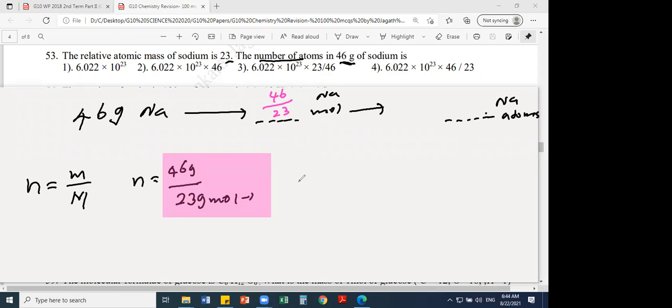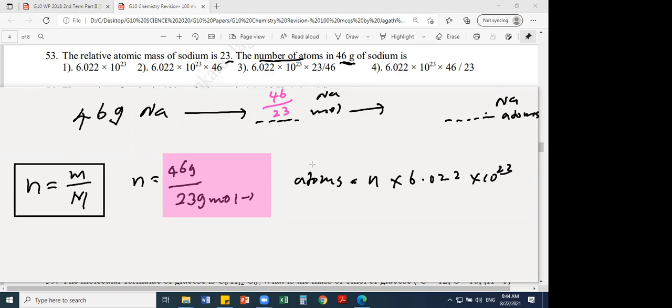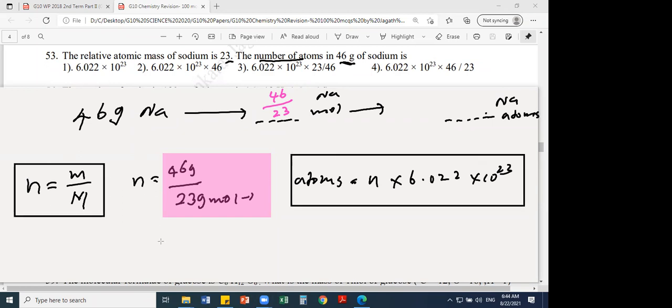So how to convert then, atoms equal moles into Avogadro constant. So what are the two equations? First we use the mole equation, and then we use the atom equation. Only two steps. First convert grams into moles, then convert moles into atoms. But that's the same thing I have given in the flow diagram, nothing new. Some students might find it difficult to remember the flow diagram, then you go for the equation method.